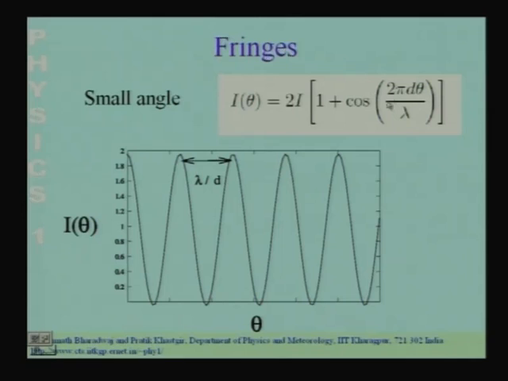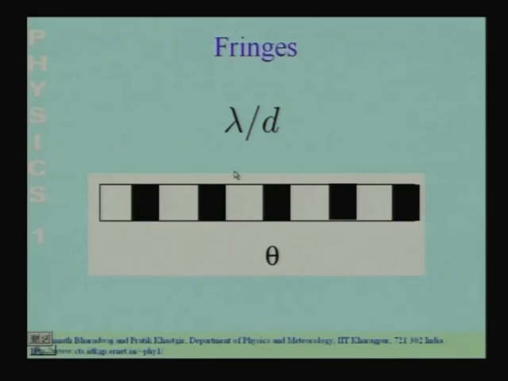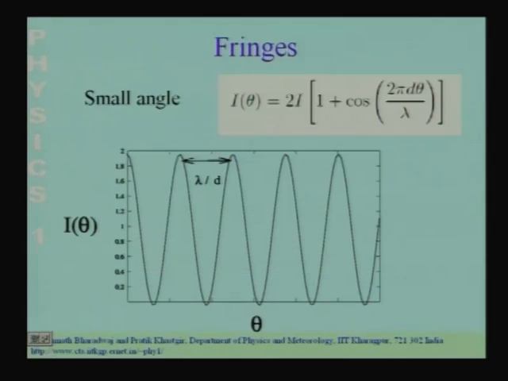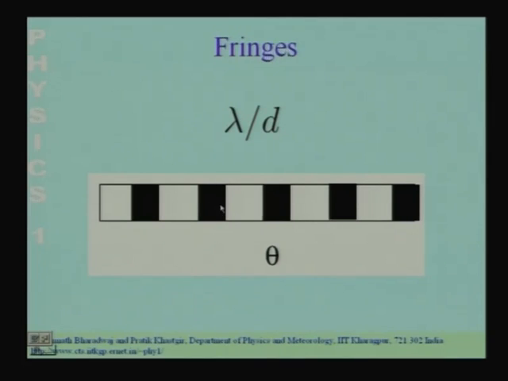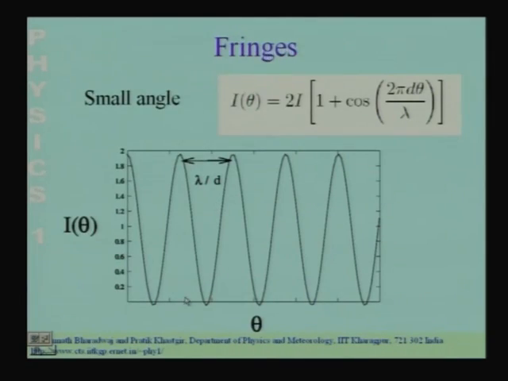The period of the peak in the intensity, the value of theta after which the whole pattern repeats, is lambda by d. If you look at the intensity as a function of theta, the whole intensity pattern repeats after an angle lambda by d radians, and this is what it will look like. You will have these bright bands, which correspond to the maxima of the intensity, and then you will have these dark bands, which correspond to the minima of the intensity where the intensity is 0,